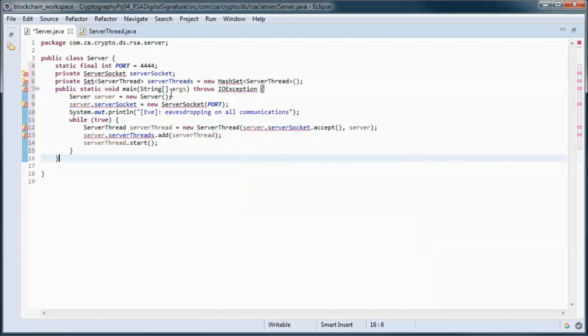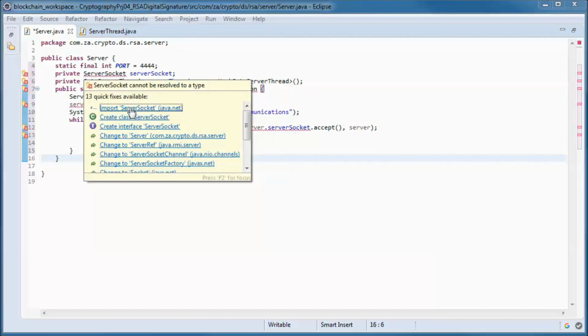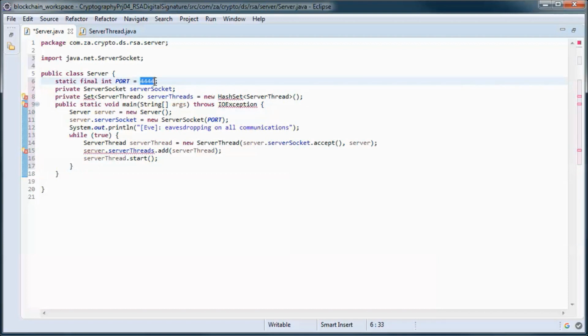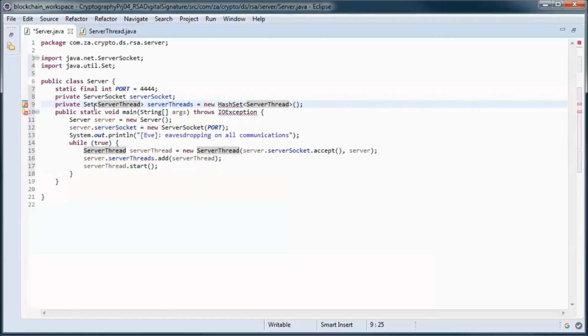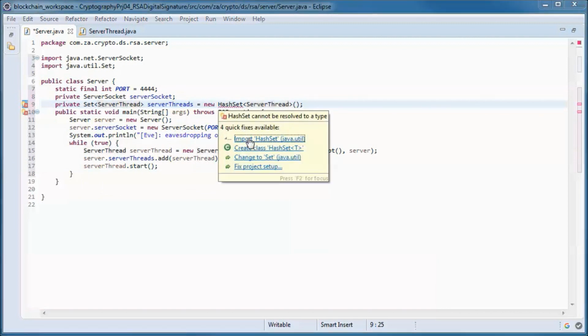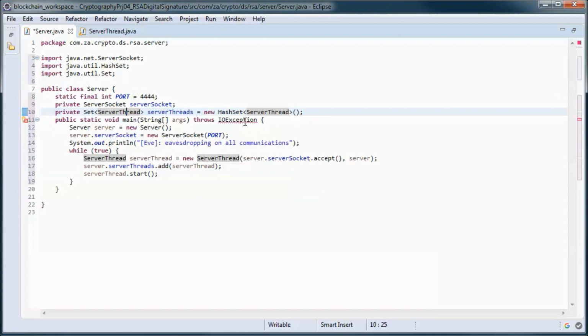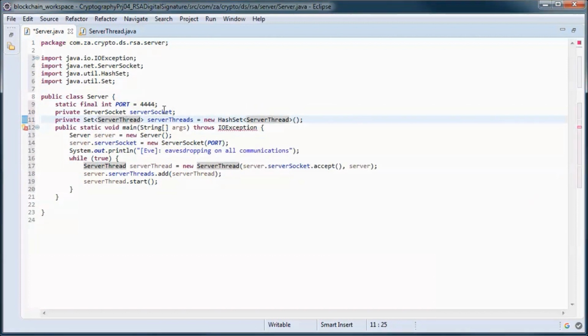And this server will accept connections on this port, and it will have a set of server threads for the different clients that this server is interacting with.